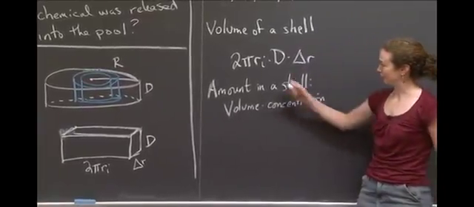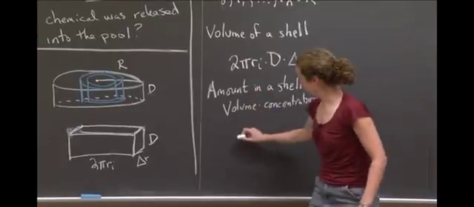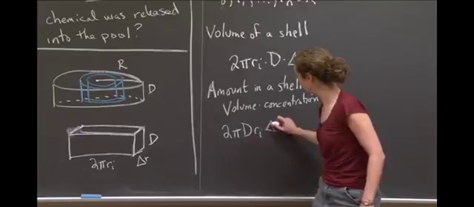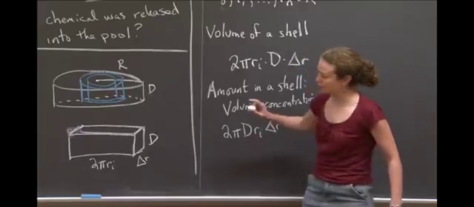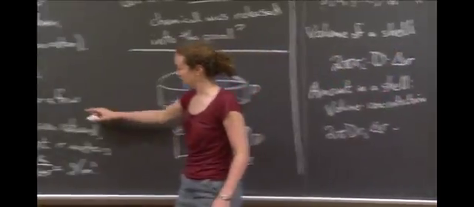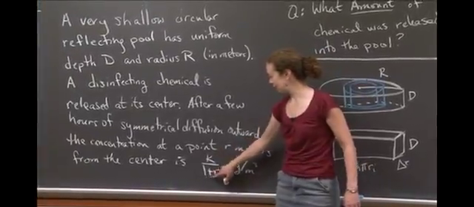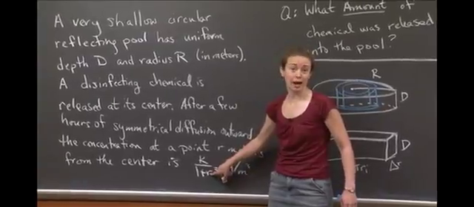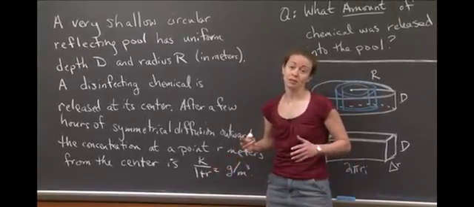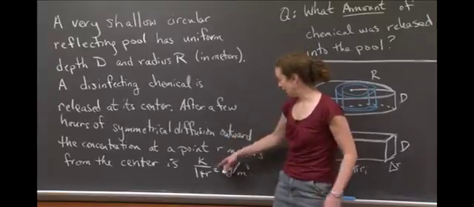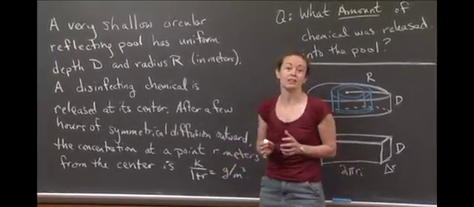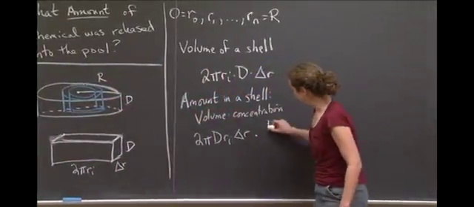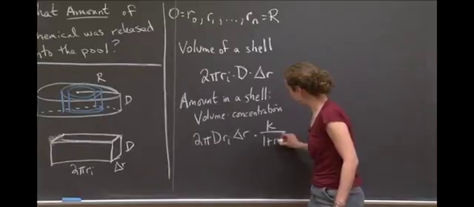The volume times the concentration, right? So the volume is, again, this. I'm going to put the D in front of the R sub I. 2 pi D R sub I delta R times the concentration, which if we come back over here, is K divided by 1 plus R squared grams per cubic meter. The R in this case is the R sub I. I'm assuming, because I'm approximating this, that everywhere in the shell has the concentration of the interior radius. So we're going to write K over 1 plus R sub I